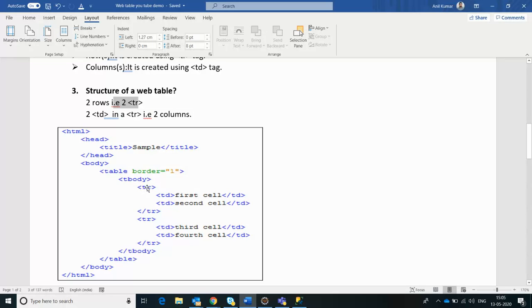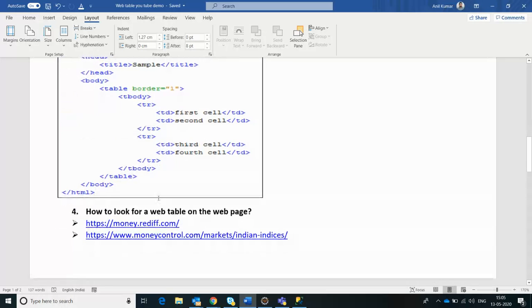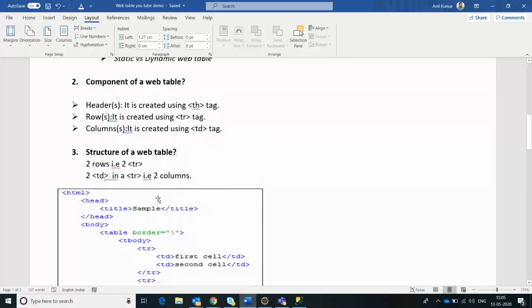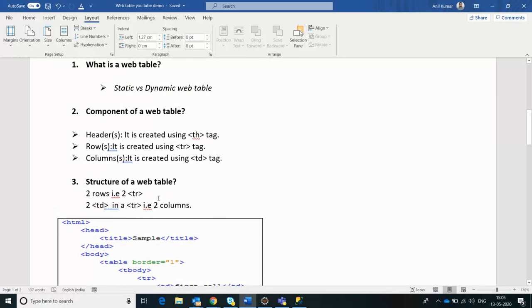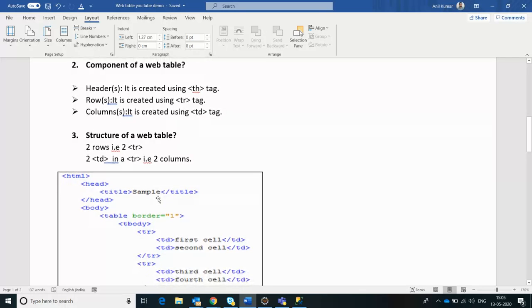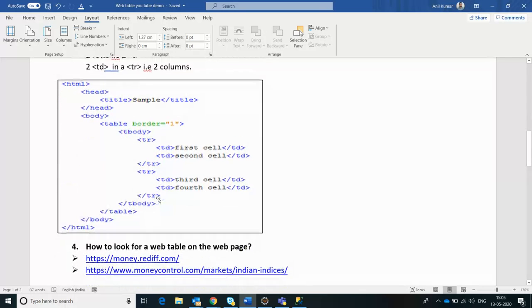Here are two TR tags, one, two. That means two rows. Now there are two TD in a TR. That means there are two columns for that row, right? So this is how we would identify it. Now I think it's very clear what are web tables, their components, and the structure of a basic web table.